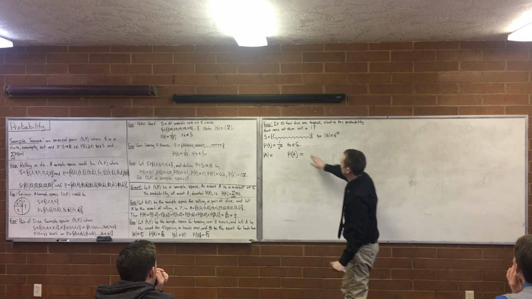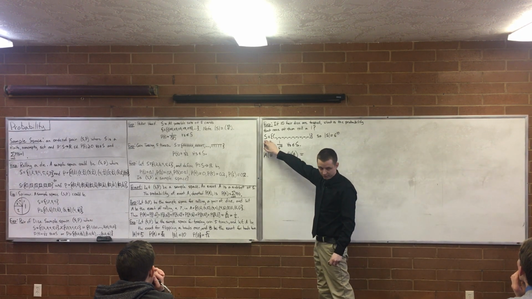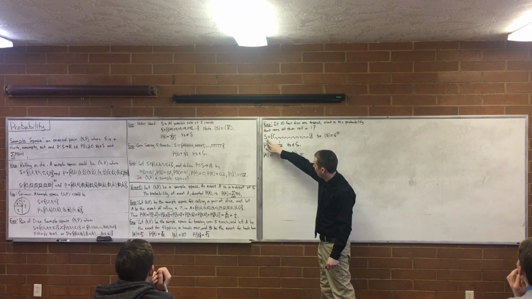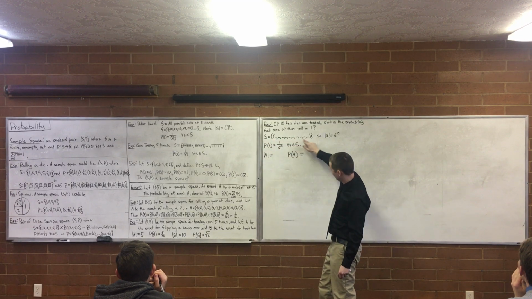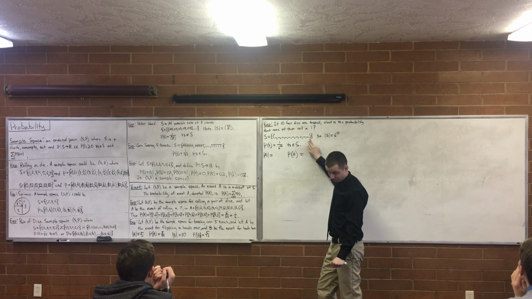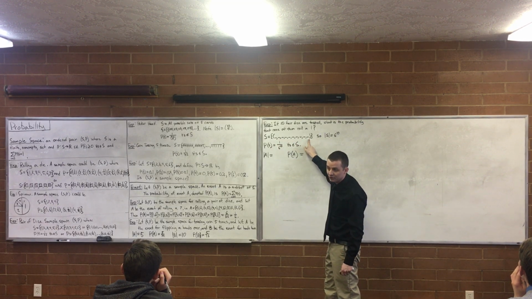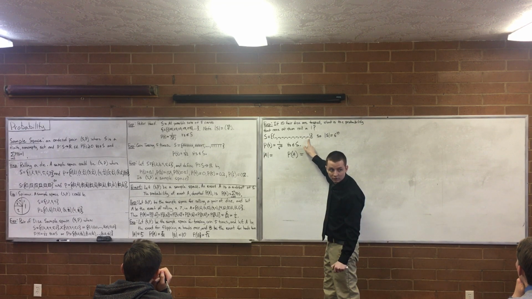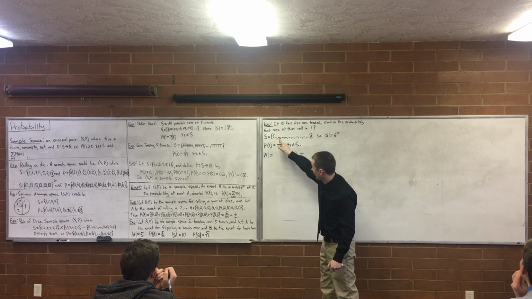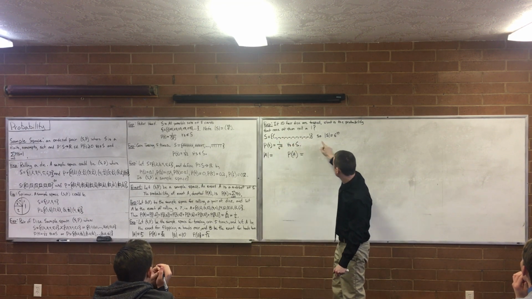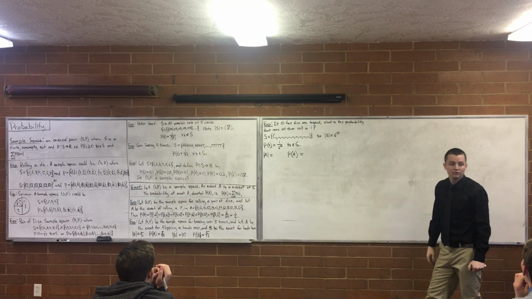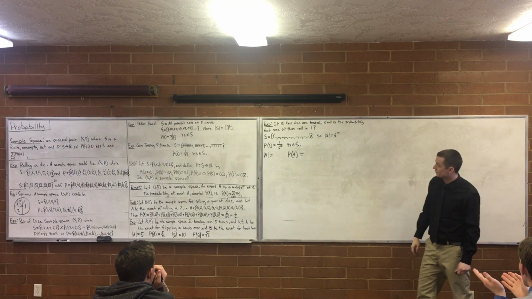First off, let's talk about our set of outcomes. S is going to be the set of all these 10-tuples, where each one of these represents the outcome of a particular die. So we have 6 options for that, 6 options for that, 6, 6, 6, so 6 to the 10. That's the size of S.